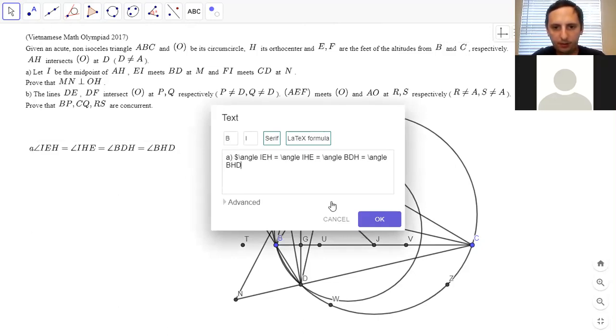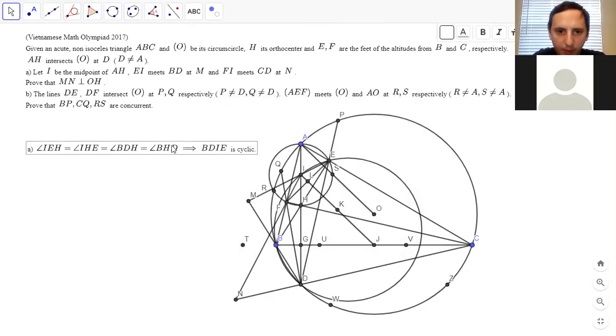And that means that BDIE is cyclic. And then from there, if we use power of a point, we have